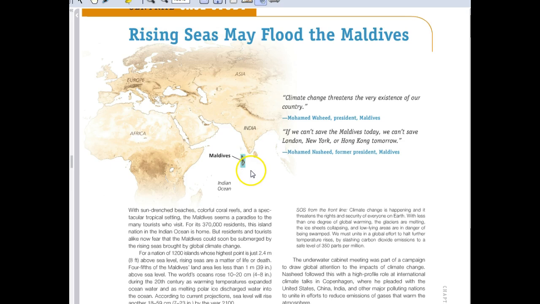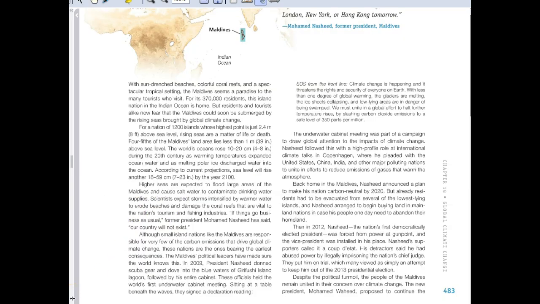Maldives is significant to the effect of this melting because they're only about 8 feet above sea level anyhow. So when you get a significant rise, we could lose these islands. They could be underwater. One of the concerns is that the higher seas are expected to flood Maldives, and this is projected by the year 2100 to rise another 7 to 23 inches. Since this is only 8 feet above sea level, it's going to have a major impact on the island. The salt water alone is going to contaminate any drinking water. It's going to erode any beaches. The coral reefs,